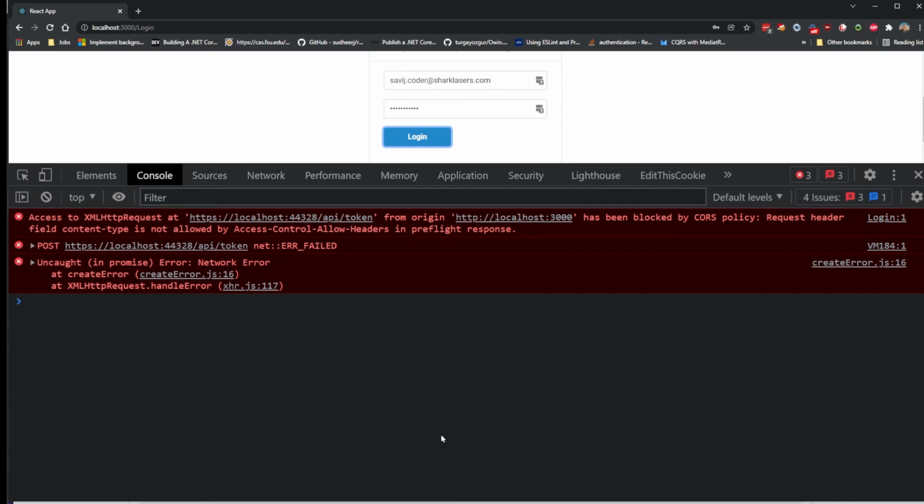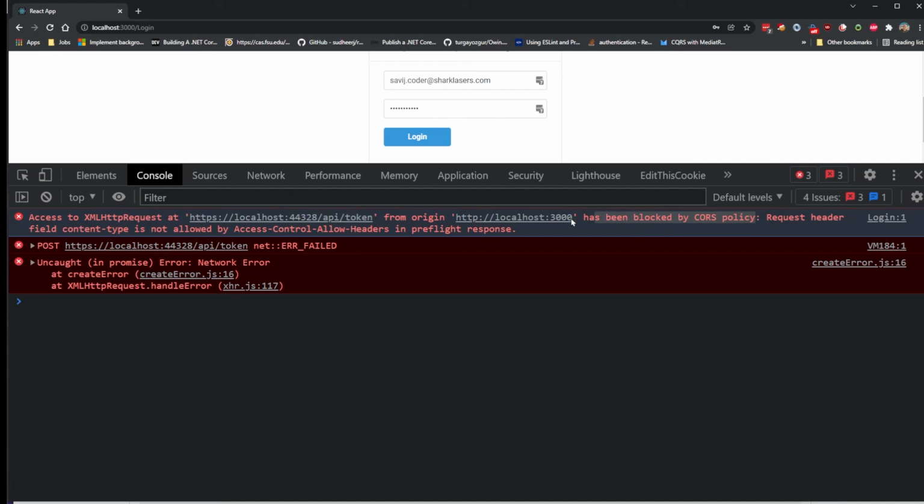When you see these kinds of errors, the answer is usually in the error message itself. Although this looks like the same error we saw a little bit ago, if we read it, hey, access to API token from this origin has been blocked by CORS policy. That is the same, right? So you're like, well, what are you talking about? I just added localhost 3000 to the allowed origins to call this API. If you keep reading, though, it says request header field content type is not allowed by the access control allow